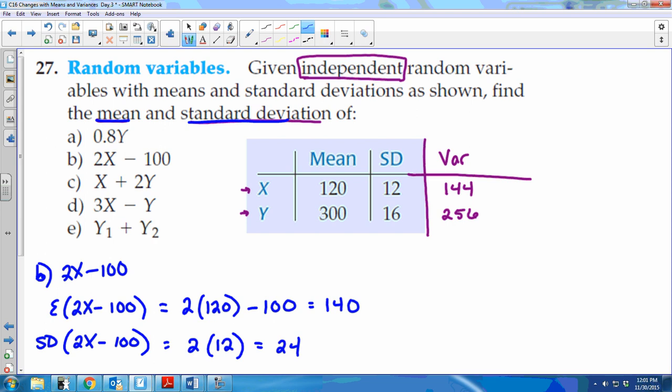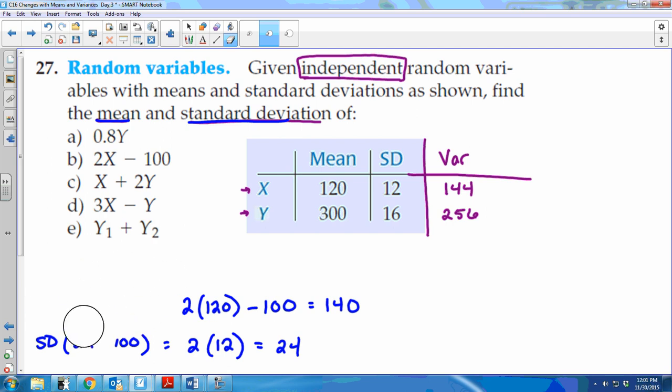All right. So questions about B. Just be careful. Remember, you don't add or subtract constants to the standard deviation. Okay, we good with B. Now, C, D, and E